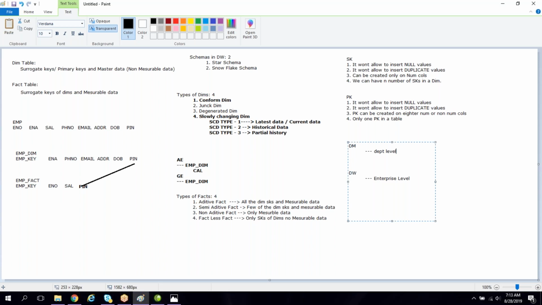We discussed what is an OLTP database, ODS database, stage database, and data warehouse database, the standard data flow, then what is a dimension table, a fact table, a schema, different types of schemas like star schema and snowflake schema, different types of dimensions, different types of facts, the primary key and surrogate key difference, and data mart and data warehouse. If you are attending an interview, they will ask questions from data warehouse also. Whatever we have discussed till now is important.